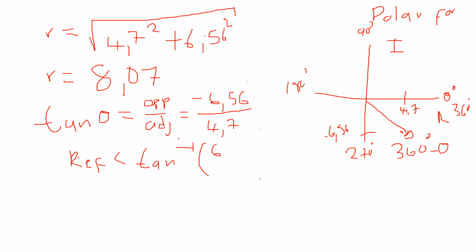It will be the inverse tangent of 6.56 over 4.7, and we get our reference angle, which is our theta on the Cartesian plane. The reference angle is equal to